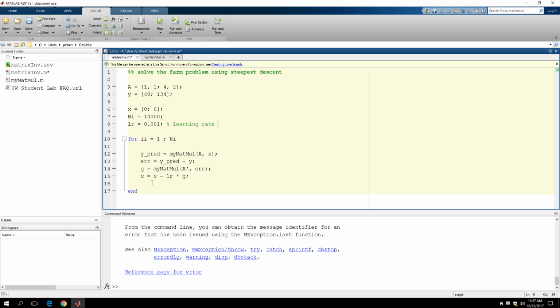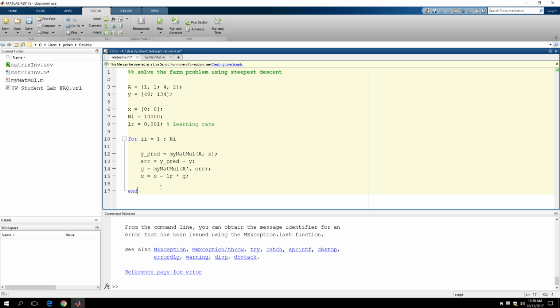And then we can use this constant, the learning rate, and multiply it with this vector. So it's going to do a component-wise multiplication with this particular scalar, and then x is going to subtract this result,